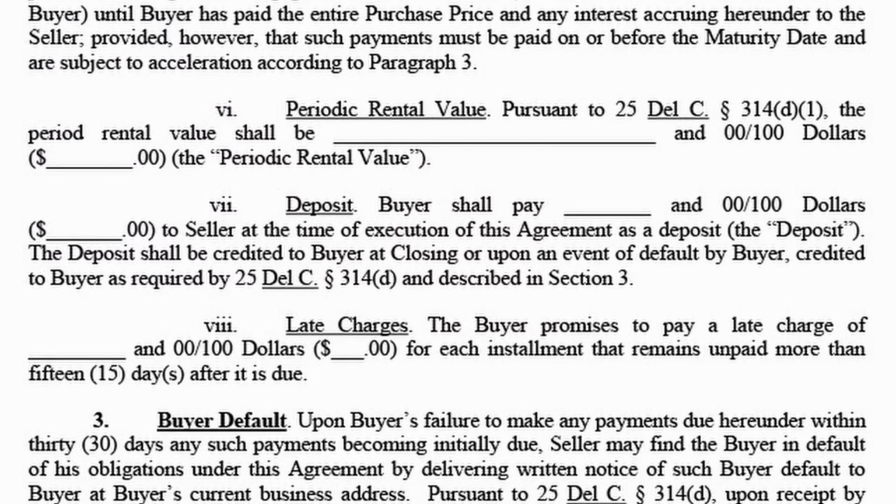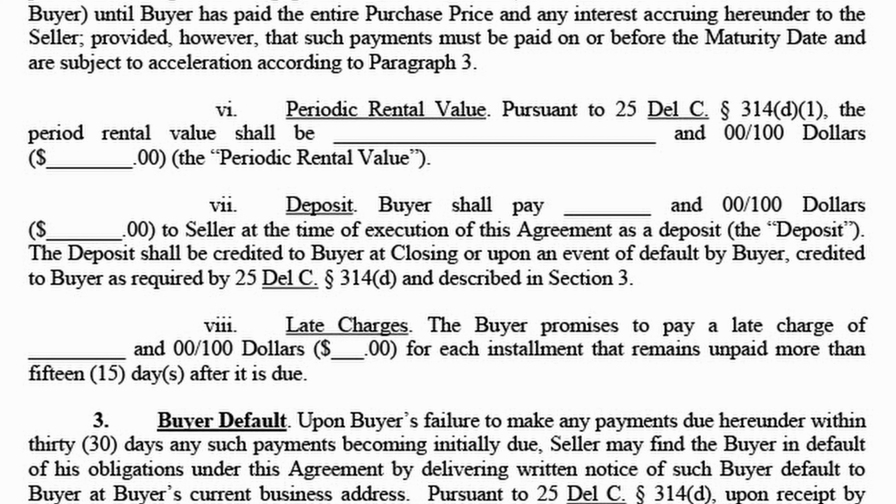So whatever the deposit's going to be is going to be listed in section 7. So in similar fashion to the way you would insert the information for the purchase price, you're going to write the letters of whatever the number is. If the deposit's $10,000, you write TEN THOUSAND in the first blank, and then you would write 10 after the $ sign, comma 000 for that blank that's in the parentheses.